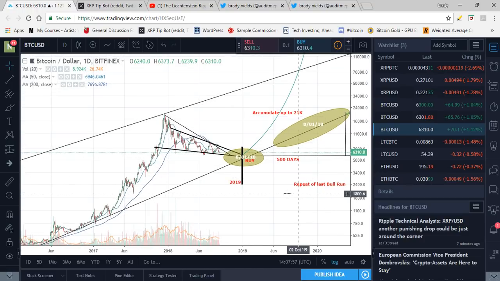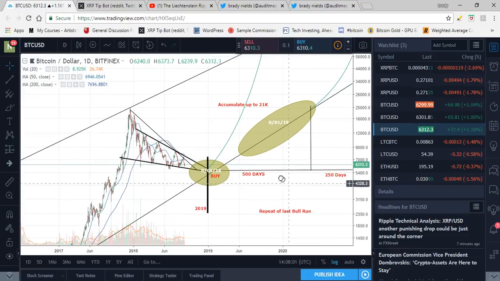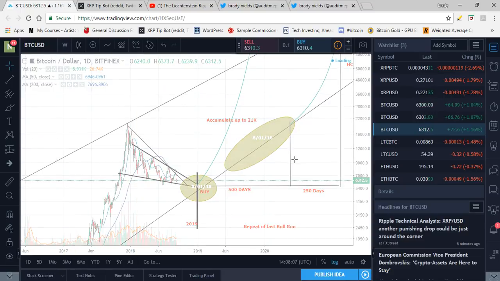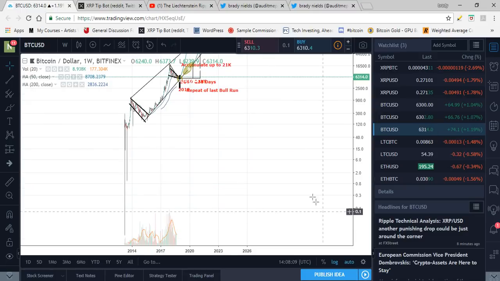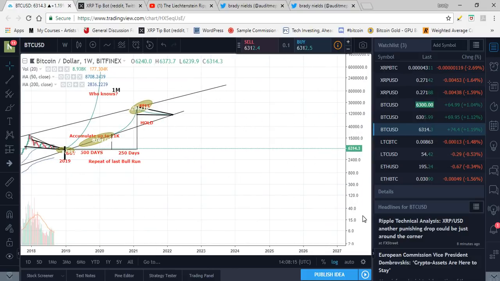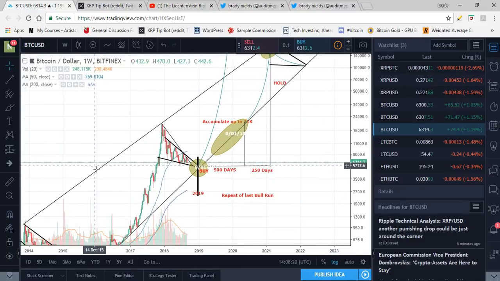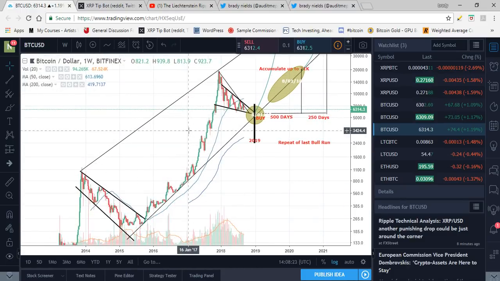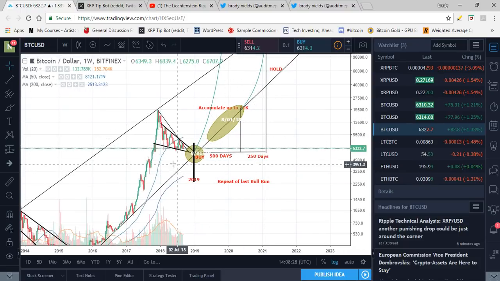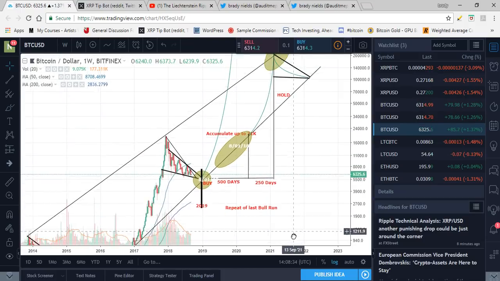So anyway, here's some prediction slash boring having fun with charts. I'll go back to the weekly. I probably should have stayed there. So here, if the last bull run is mimicked, I averaged out how long it took it to move and how high it went. Also with this trend line, courtesy of the logarithmic function,